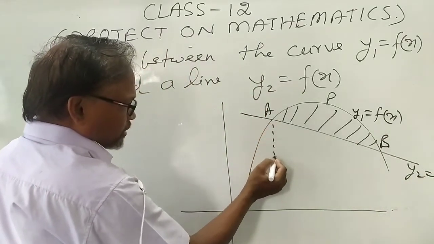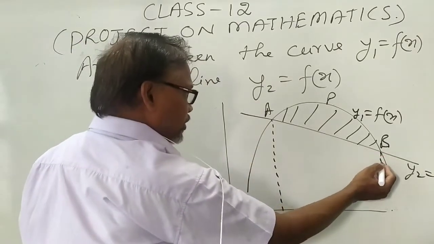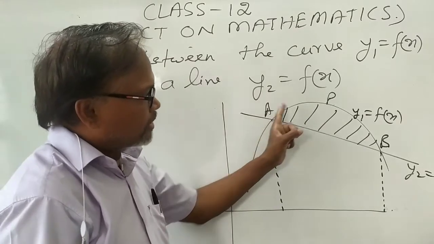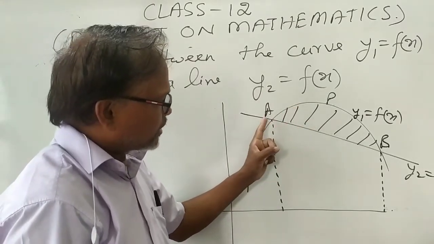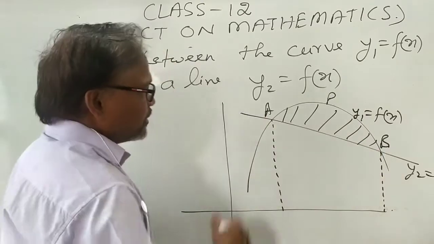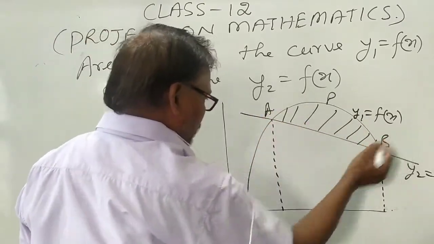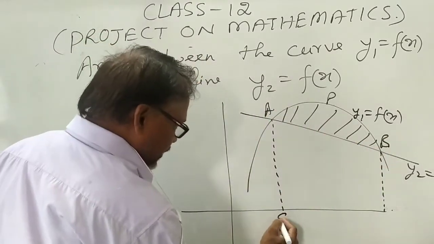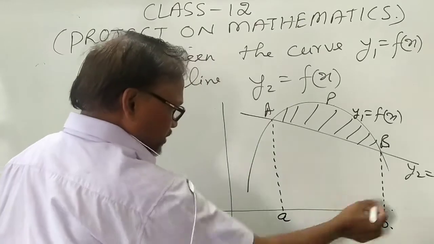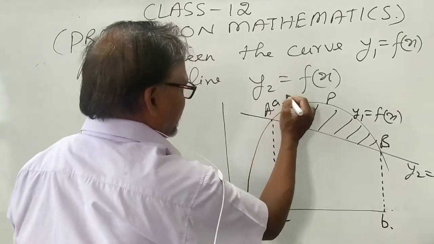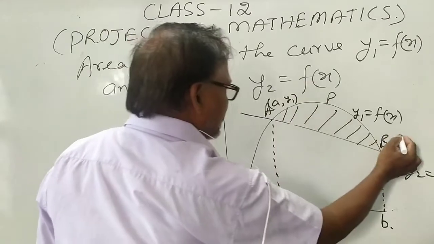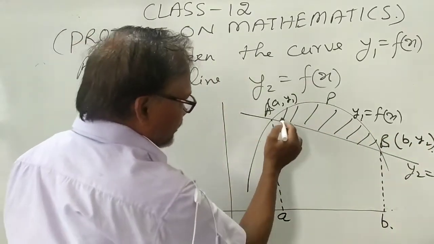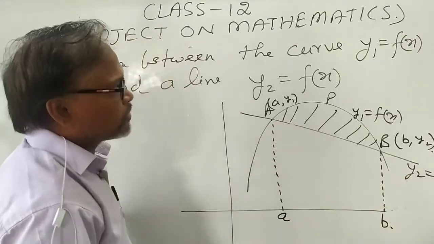And if it meets at two points, you must find the meeting point, means intersection point of the curve and the line, means the coordinates of point A and point B. Suppose it is x1 comma y1 and x2 comma y2, और a1 comma b1, a2 comma b2 जैसे भी अब हैं. अगर ये हमने a मान लिया, इसको b मान लिया, मीन्स a comma 0, तो this is the a comma y1 and b comma y2. These are the coordinates.